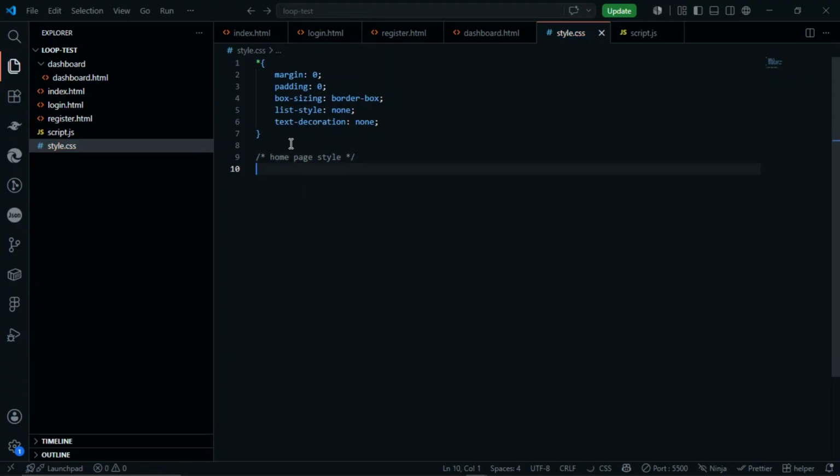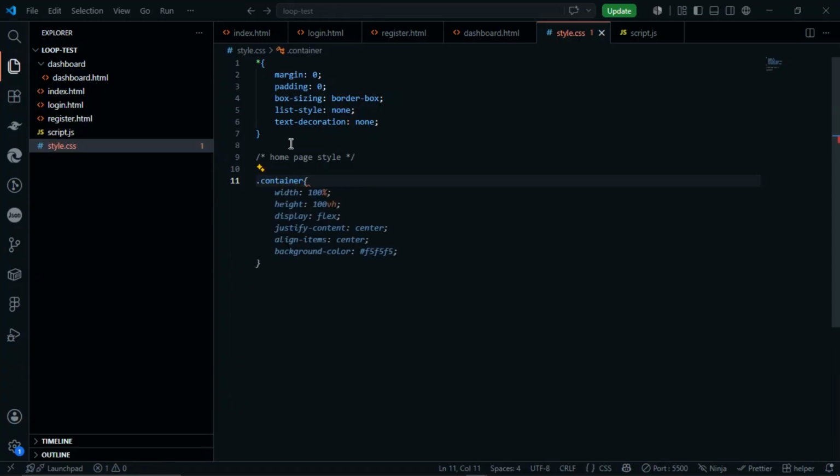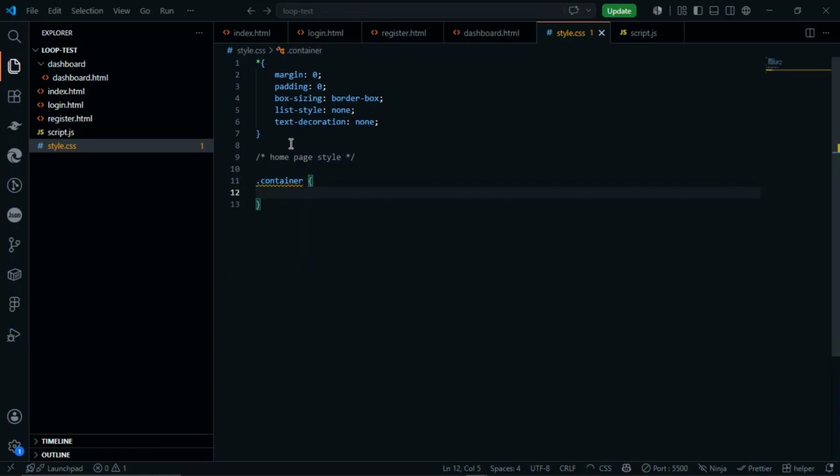Then the next one, I think we should use container. I'll show you the function of this. So max width,